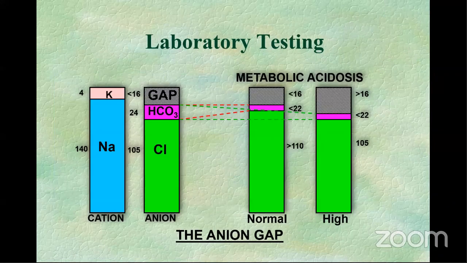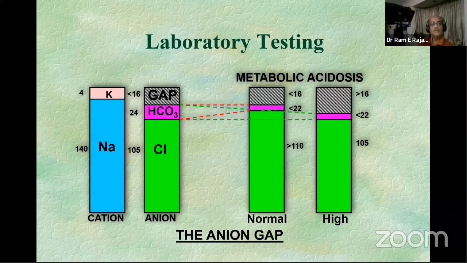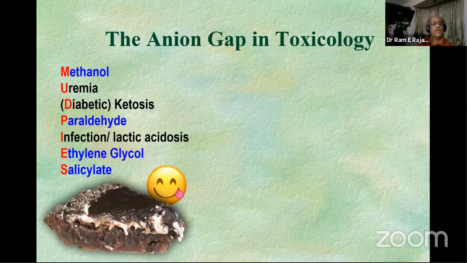We all know what a metabolic anion gap is. I don't think I need to spend too much time on that. And as you said, we traditionally will attribute it to our famous mud pies. Okay. This is a Mississippi mud pie. Have you seen this chocolate cake ever in your life? It is the world's best chocolate cake. Okay. So that is the mud pies that you need to worry about.